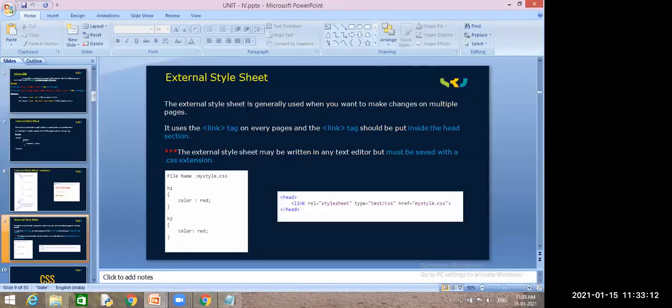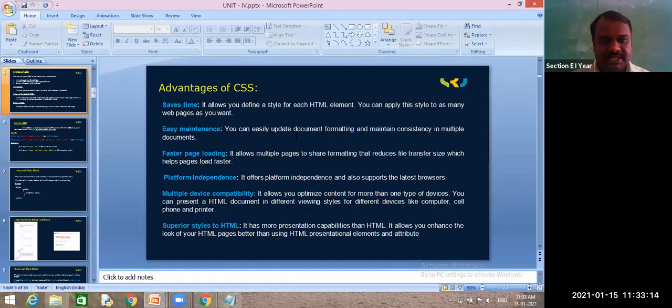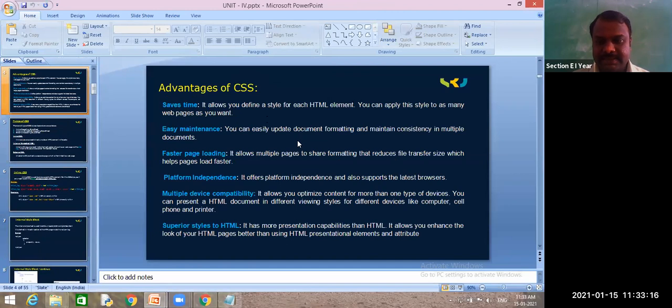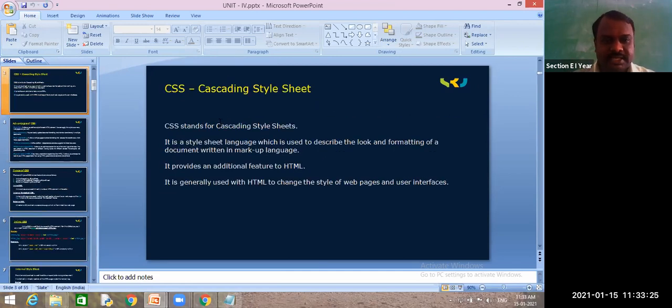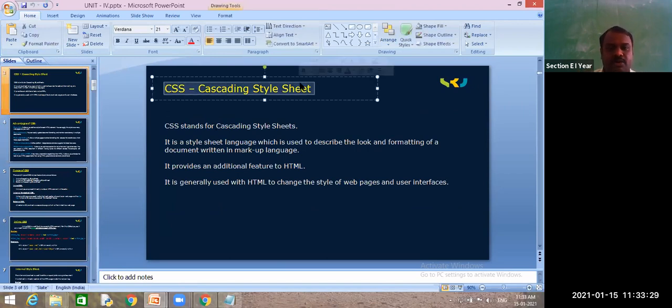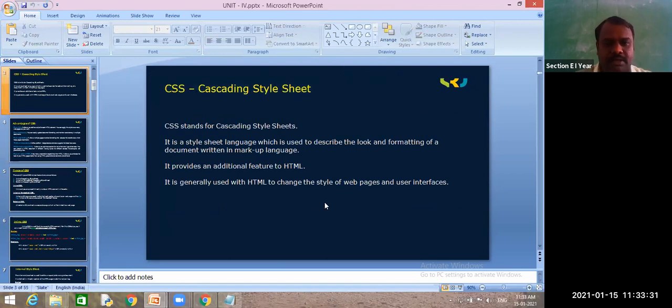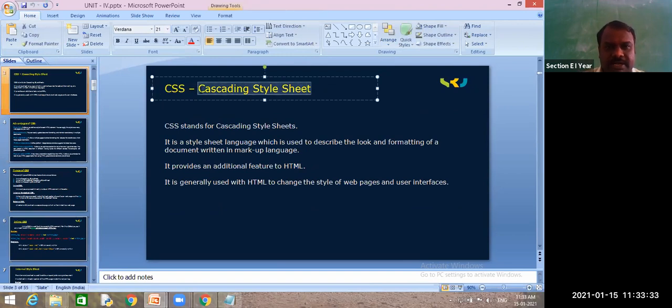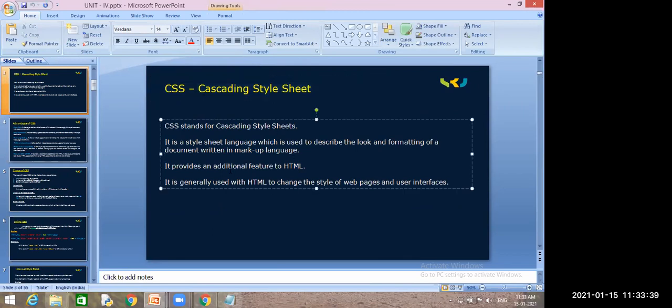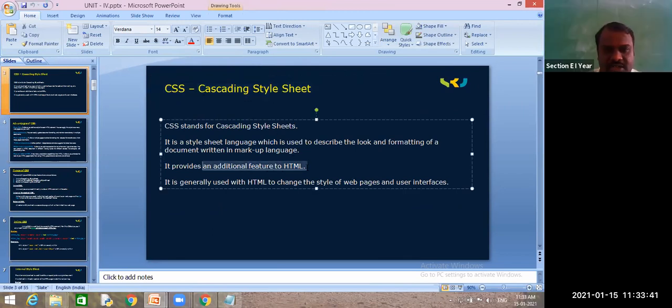Right. So now we will go over what we have learned in today's class. CSS: where did you write CSS? In the HTML code, or did you write any separate code for this? Did you give additional features or not?